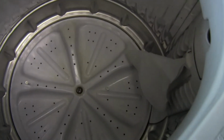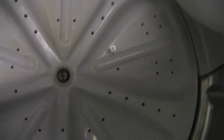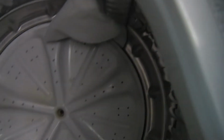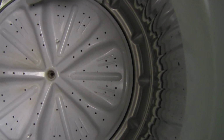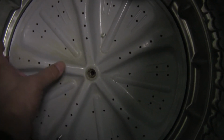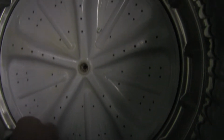Okay, to remove the agitator, it's simple and yet can be difficult. You unscrew that center screw there and take that out. And there's a washer. But the next step in taking this whole agitator out is difficult. At least in these older models, there's no real grip point, not even a place to put a screwdriver. So what I did,